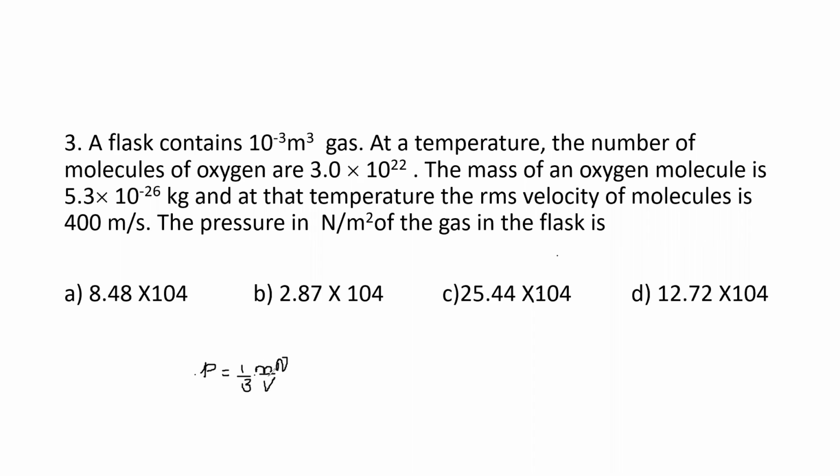As n number of molecules are there, we will write it as m into n into VRMS square. This is equal to 1 by 3, I'll write as it is. Mass is given as 5.3 into 10 raised to minus 26, into number of molecules, it is 3 into 10 raised to 22, divided by V. So V value is 10 raised to minus 3. And here V RMS square, its value is 400, right? So it is given 400 meter per second. Therefore, it is 400 whole square. If you simplify this,